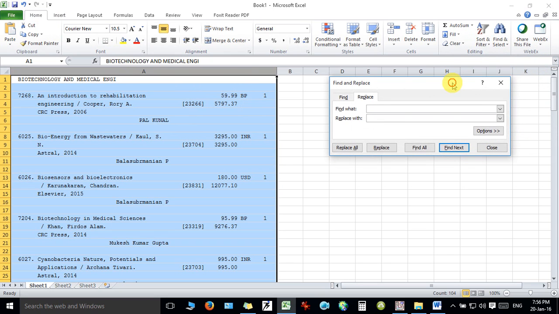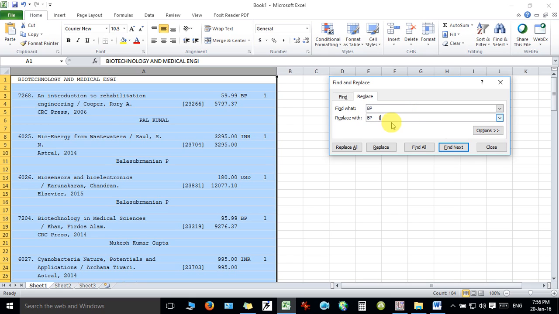Here you first give the currency name BP, and after that the number of spaces between the currency and quantity, 1 2 3 4 5. You just leave it, come down, again enter the name of the currency and hit space 1 2 3 4 5 and enter a special character.